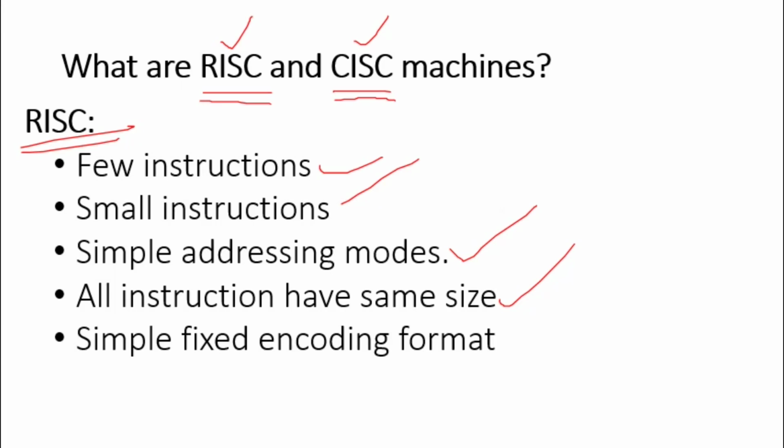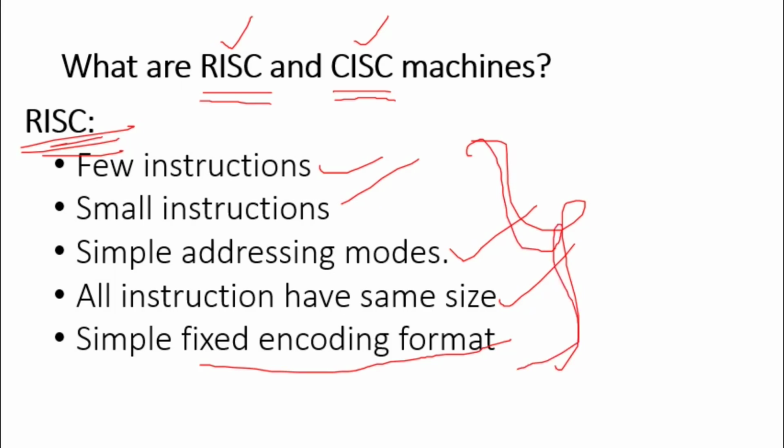That means the encoding format is very simple and the same for all instructions. So every instruction, when you convert it into 32-bit binary data, has the same and very simple encoding format. So from the perspective of encoding, RISC machines are very easy. We can easily design an encoding format for RISC machine instructions. Complex instruction set computers, in other words, are completely opposite, having none of these properties. Then it is very difficult to draw a single encoding format for complex instruction set computers.